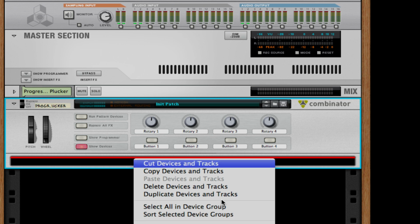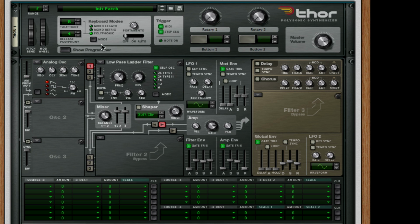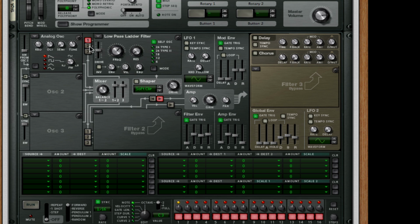Now in this, we want to create a Thor. Make sure it's initialized. I want to turn up the release to 8 and just leave things as is. I want to turn on all three of these and, see, what else did I do? Oh, I know what I did. I did key synchronization